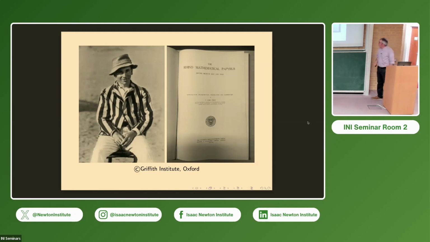So this edition of the Rhind papyrus quickly becomes the standard edition for Egyptologists. It sort of supersedes Eisenlohr's. Something I'm not going to talk about for lack of time is that in the late 1920s, you get another edition of the Rhind papyrus by a man called Arnold Buffum Chase. And for reasons I won't go into, that becomes the mathematician's edition of the Rhind papyrus, whereas this, as I say, is the Egyptologist version.